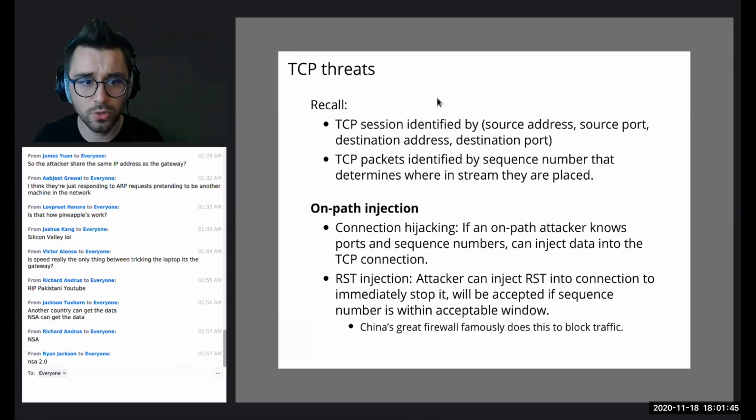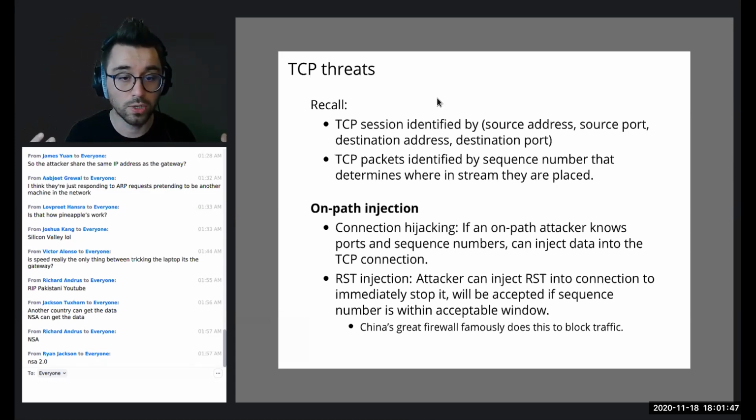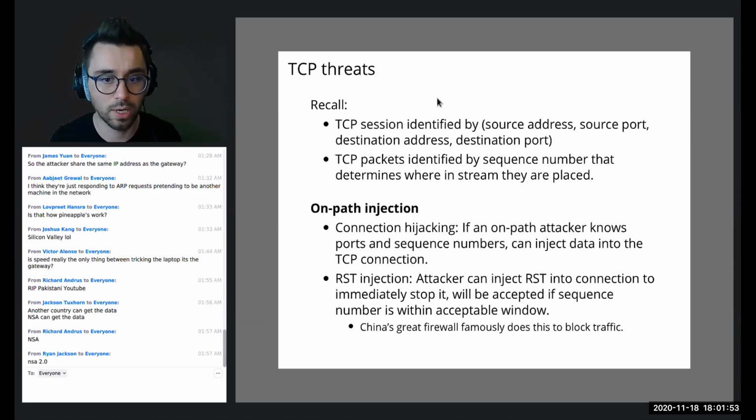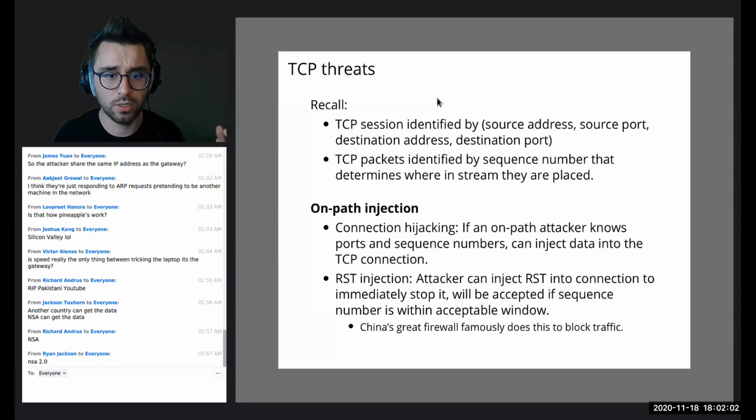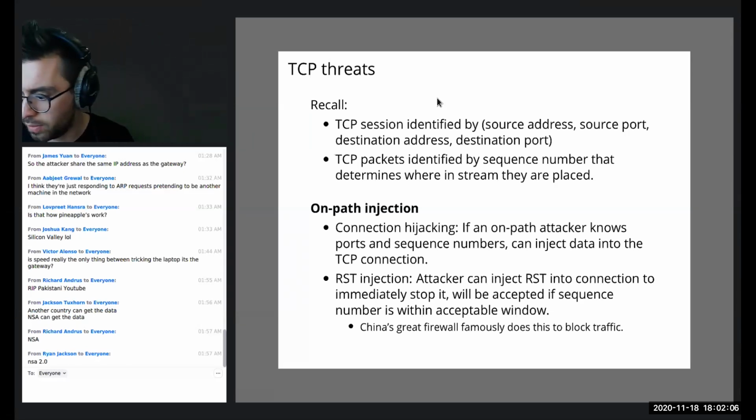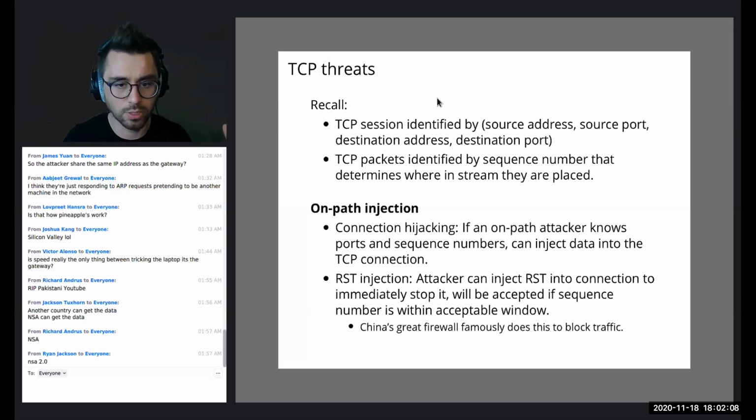The other thing that we can do is take machines down, right? We can inject packets with the reset bit set. If we inject a reset packet, then we can tear down the connection between the two endpoints, and essentially disallow this person access to that particular endpoint.